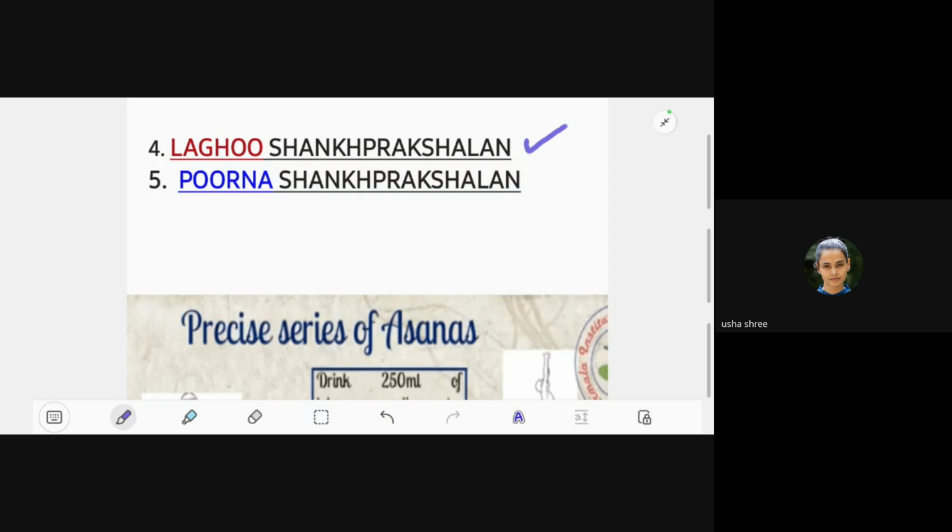The Laghu version we can perform on a daily basis, or like once in a week, not exactly daily, only for those who are suffering from any sort of ailment. This is specially performed in Panchkarma. In Panchkarma, it is very common. Okay, nearly once in a week, I would say. I would not write daily. Once in a week.